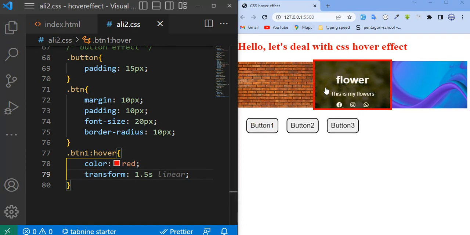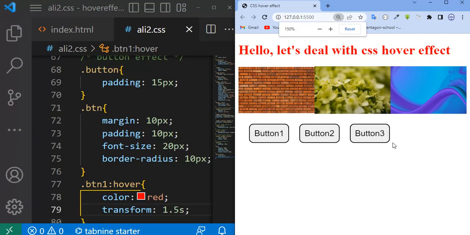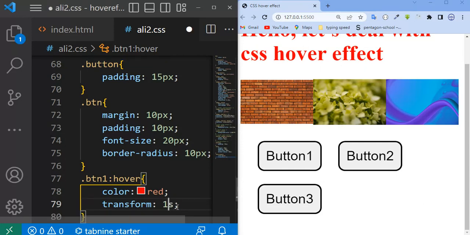So let me zoom this button so that you guys can see very well. You see, if you say I want to change this one to 2 seconds, what do you think will happen? See,